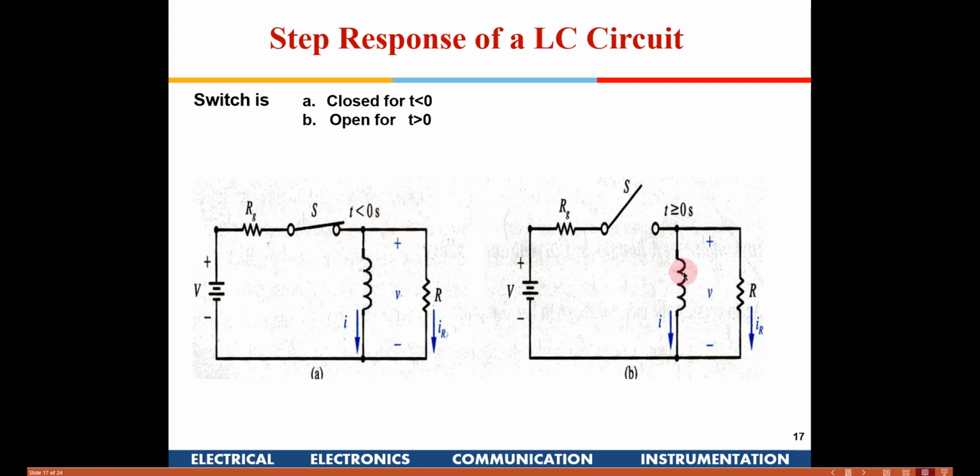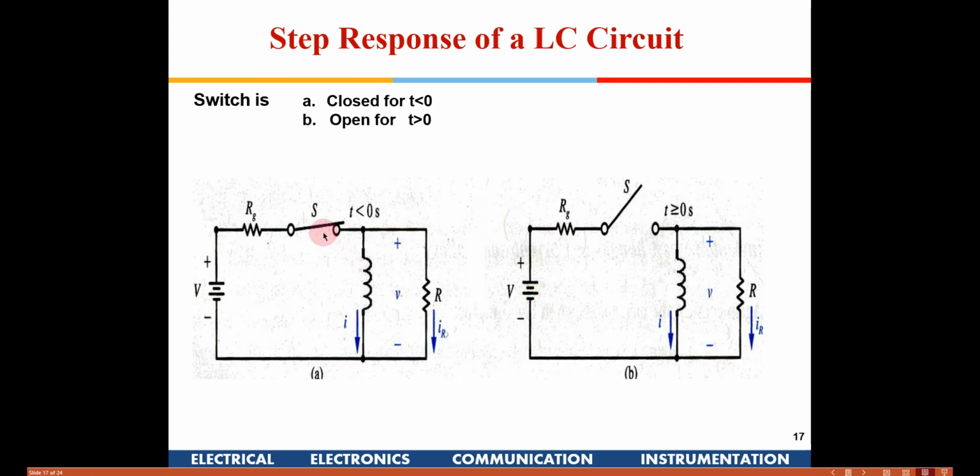We'll take one more additional problem on this, and then we'll take more problems in the tutorials. Now this switch is closed at t equal to 0, so a steady state current is established in this inductor. Then at t equal to 0, we throw the switch open, and we have to find the expression for the voltage and the current in this mesh after t equal to 0.